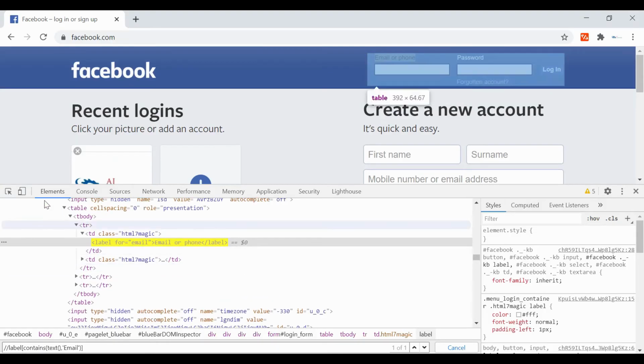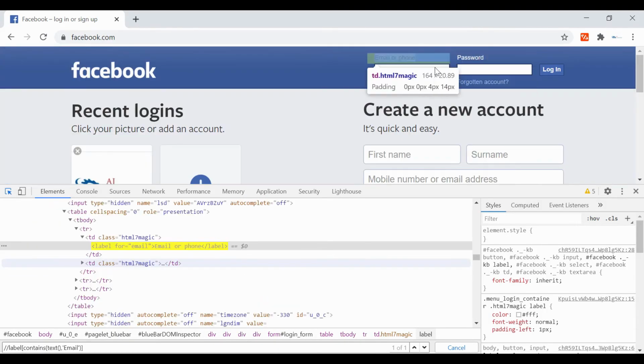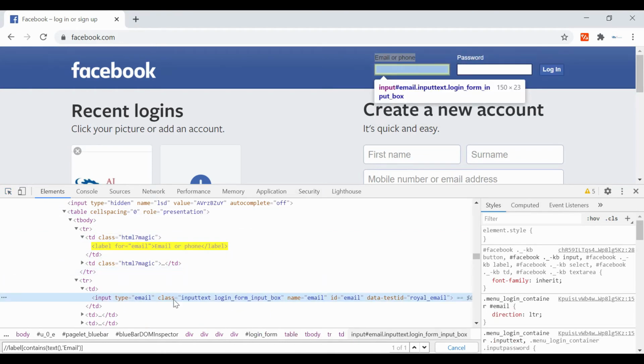Let us identify this with the help of the contains method. We will pass the value of this class. As you can see, there is a space in between. So let us use this in contains, and let us see if we can identify it or not.